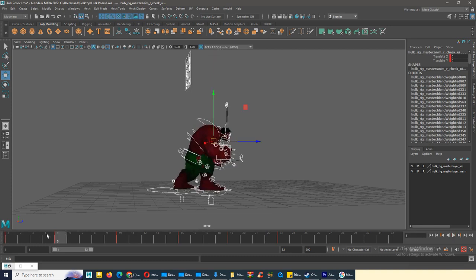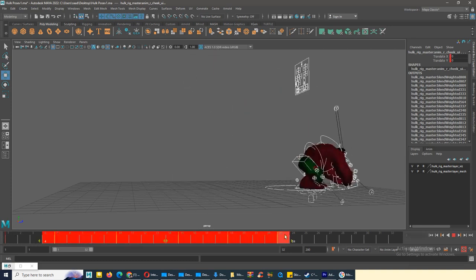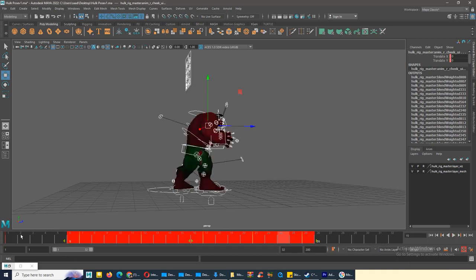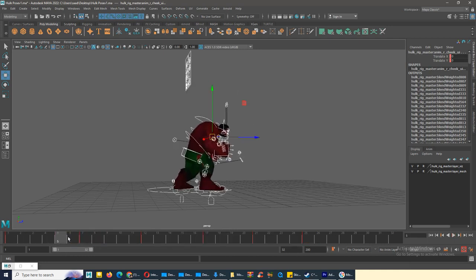So I need some timing here, so I will select all the keys, press the middle mouse button, move forward in the timeline and add 2 frames here. Our previous key on 5, I move forward to key on 7. So we have the key on 7. So the anticipation